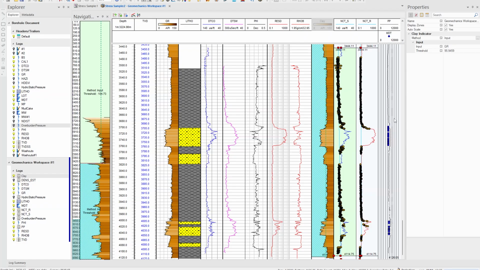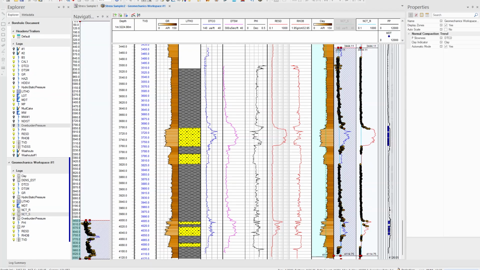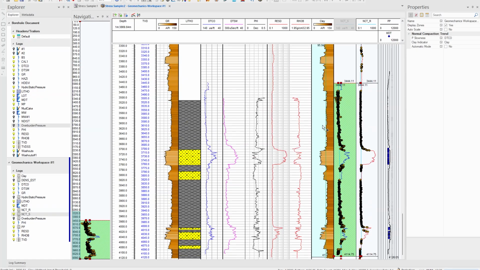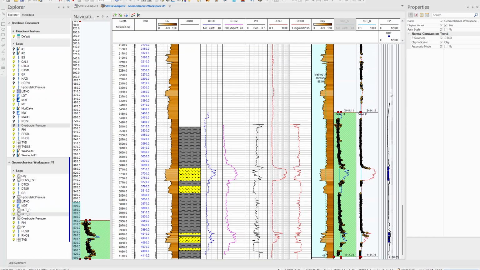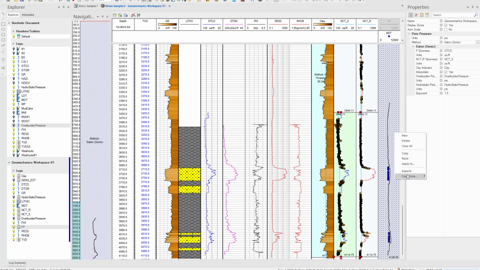This will affect the output of the pore pressure. So for instance, if we are more drastic in our changes and move the shale cutoff, the calculated pore pressures will be changed interactively. So let's give the pore pressure a thicker line so we can see it better. When we modify the normal compaction trend curve, because we want to be more drastic with the shales, we can see that they move and the pore pressure changes.